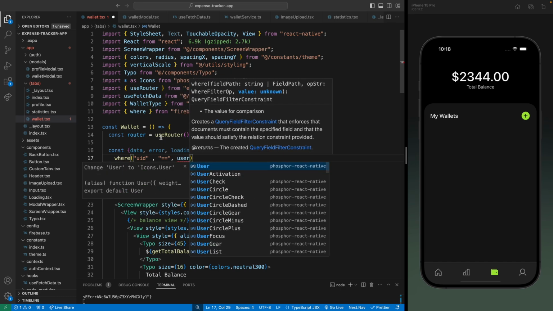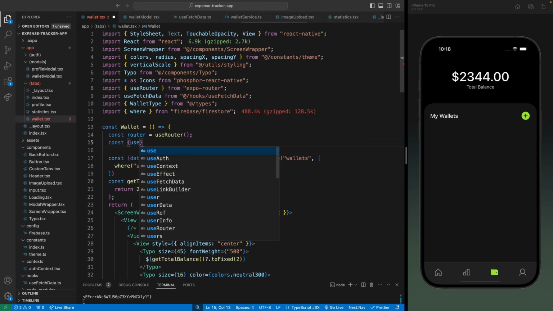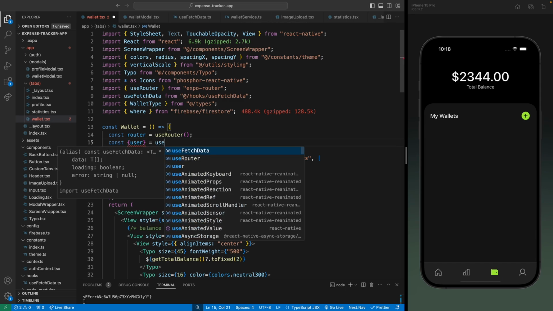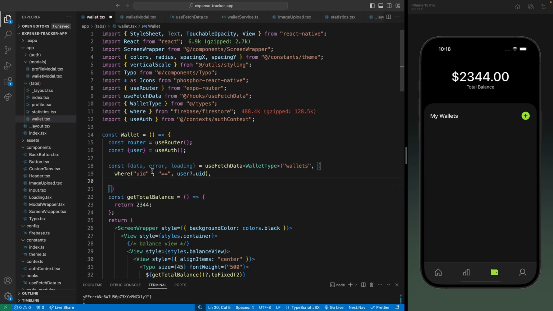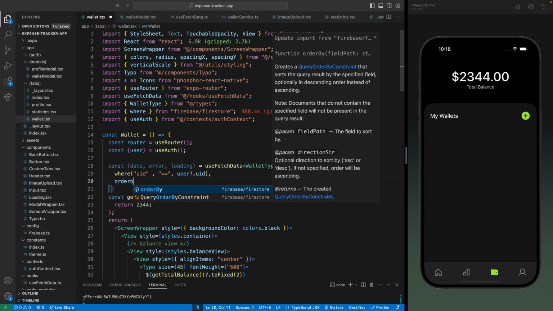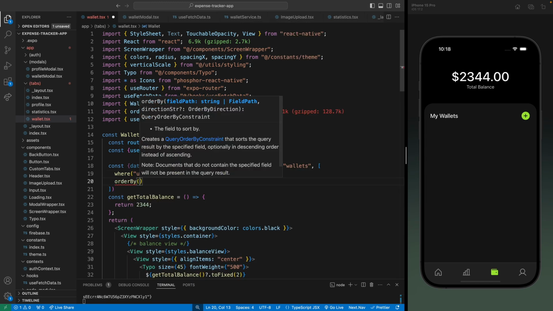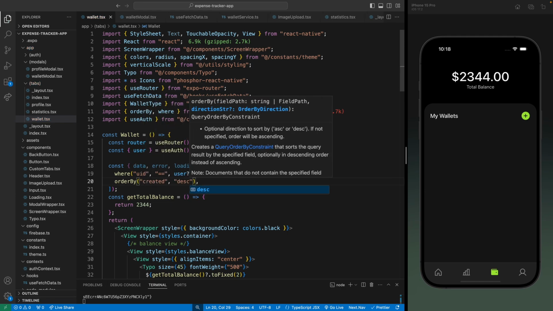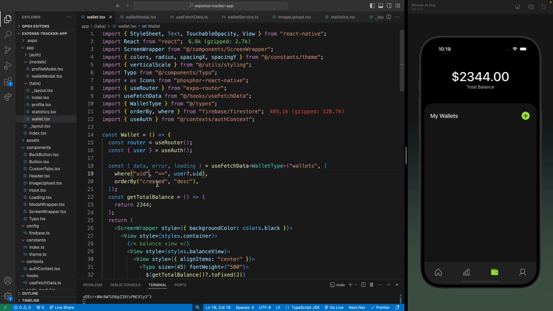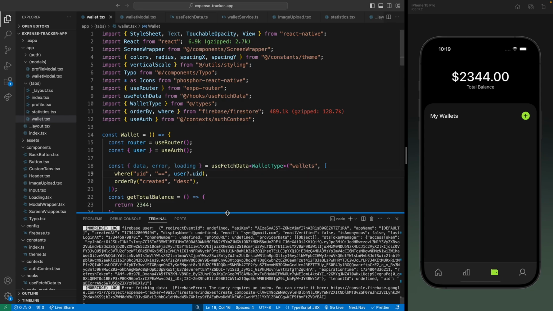We also need to get this user from use auth hook, user.uid. Then we need to use a function order by. We're gonna order by all the wallets by the creation date in descending order like this. And let's save this. So now if I open the console, there we can see we are getting an error